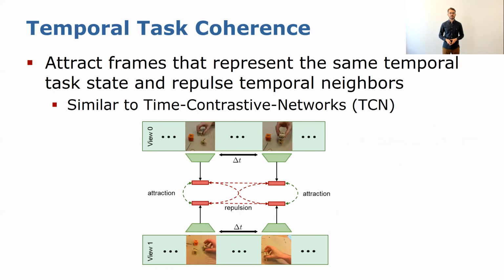In order to capture the temporal task information, we utilize a multi-view metric learning loss that attracts different viewpoints at the same time step to the same point in embedding space, and repulses temporal neighbors, which are often visually similar but functionally different, similar to time-contrastive networks. The advantage of this is that the encoder network discovers attributes that do not change across viewpoint, but do change across time, such as object interactions, while ignoring nuisance variables such as background, motion blur, and illumination changes.